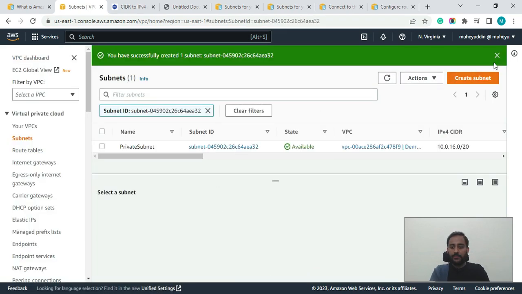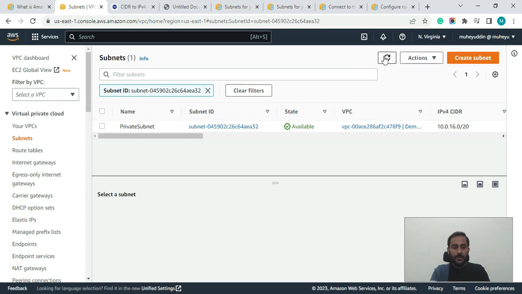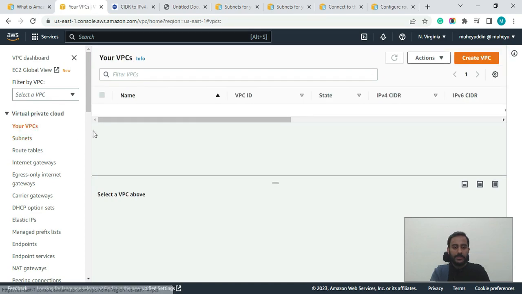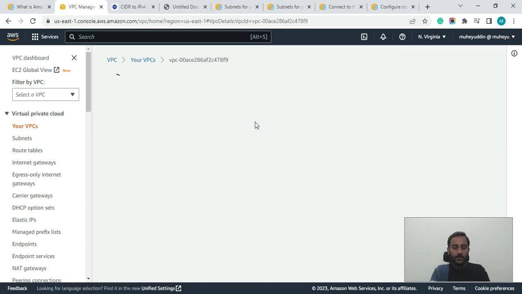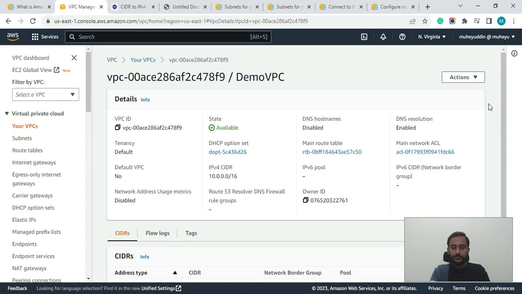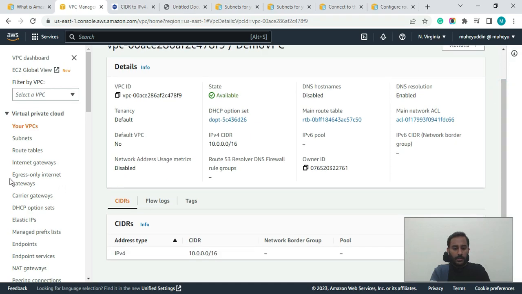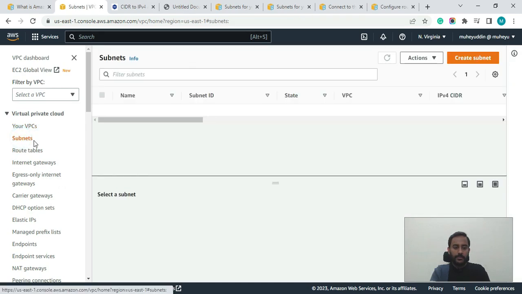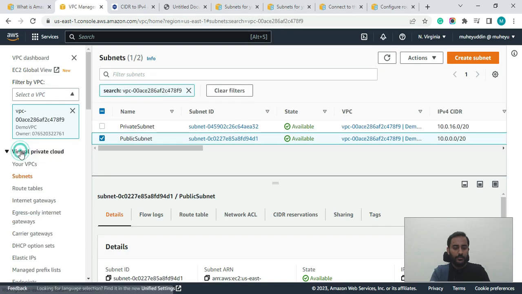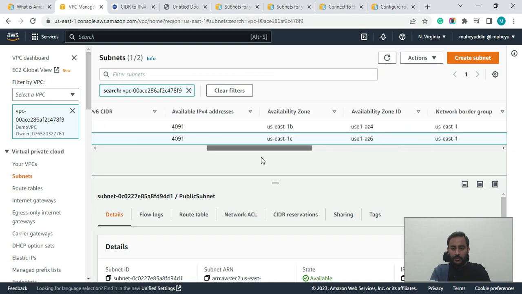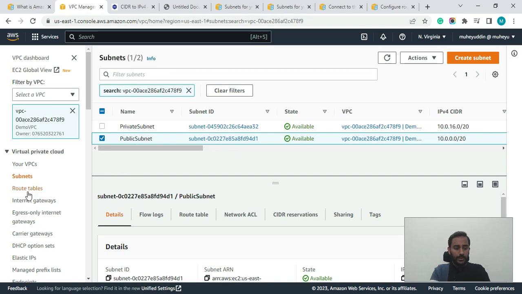Okay, guys, so this subnet has already been created. So if I go to VPCs and click on demo VPC, okay, not here, let's go to subnets and select a VPC from here, demo VPC. So here you can see, guys, we have both of our subnets, public and private. So now, guys, let's go to the